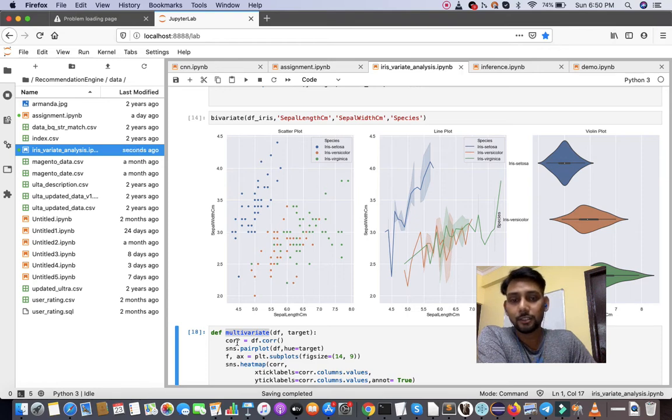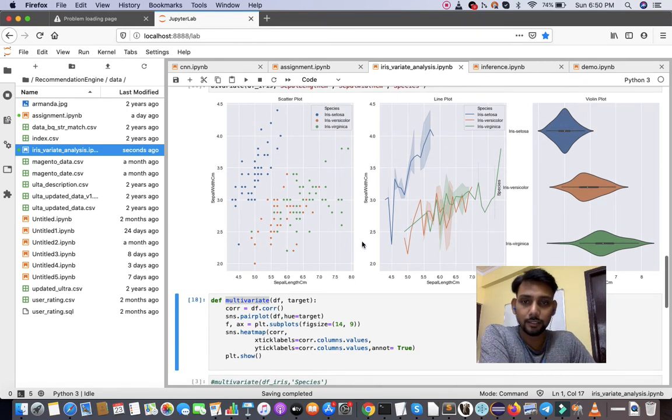Obviously our answer is no, because it is too much overlapped. So even logistic regression would not be a good algorithm for the classification problem of these Iris species. Here we can again see there's too much overlap between Iris versicolor and Iris virginica.